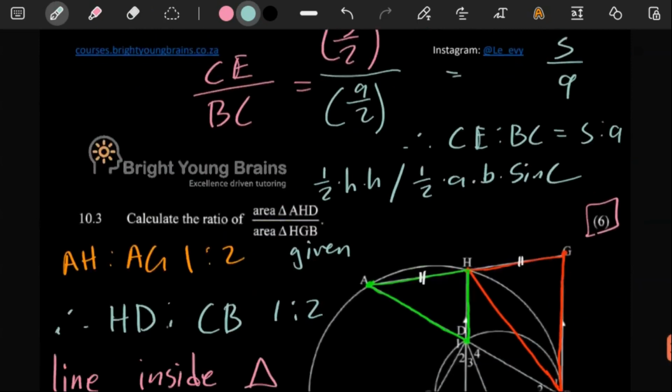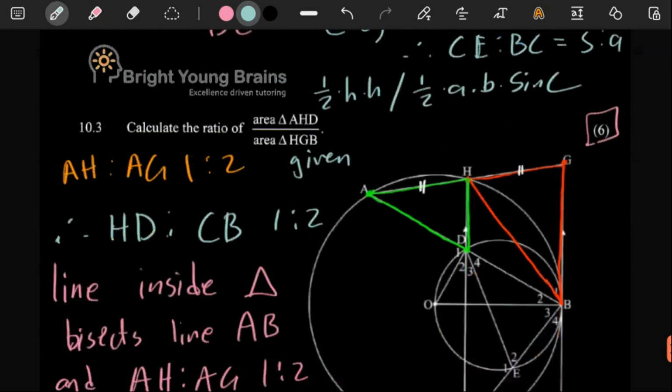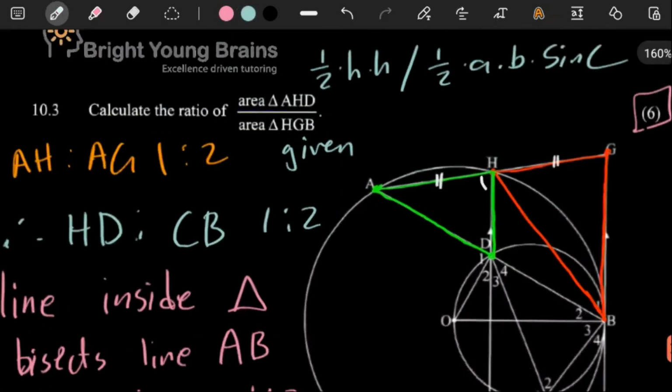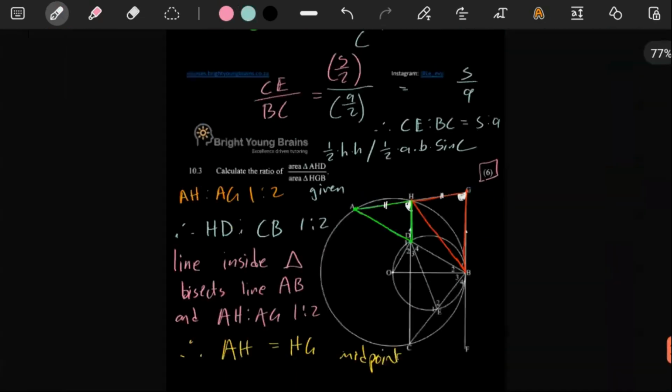Now, if we're thinking of those formulas, it doesn't seem too far-fetched to also introduce the fact that this angle here is equal to that angle over there, because those are corresponding angles. As long as we are thinking of angles being equal to each other,